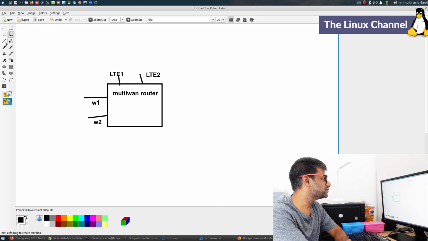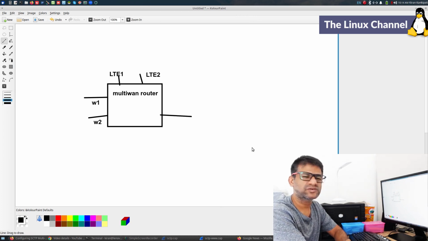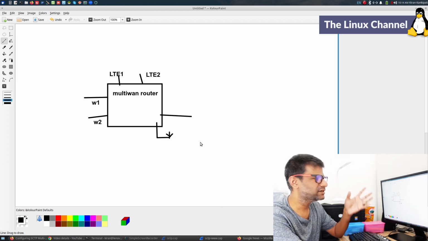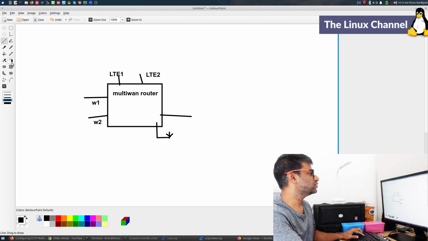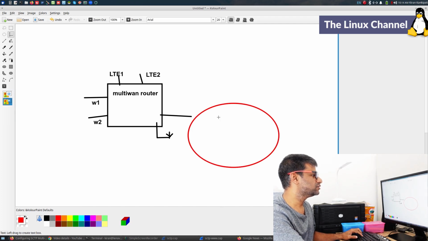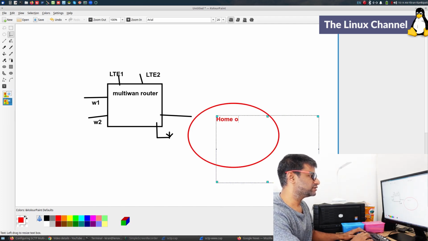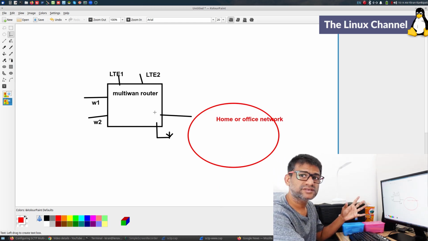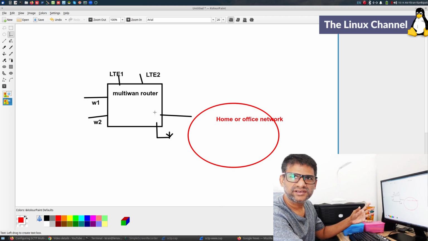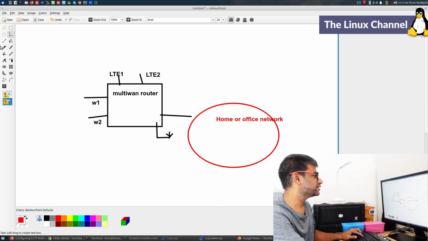In the case of a multi-WAN router, of course, this side you have the LAN port, and of course it has Wi-Fi capability as well. So you can connect your regular home or office network to this multi-WAN router, and then it can bring in this MPTCP stuff over here.